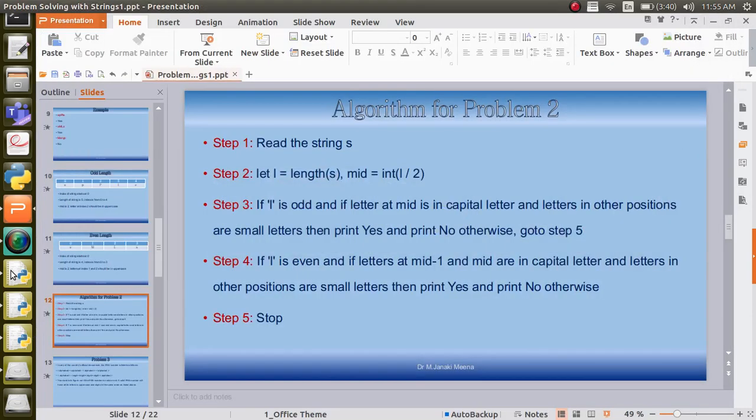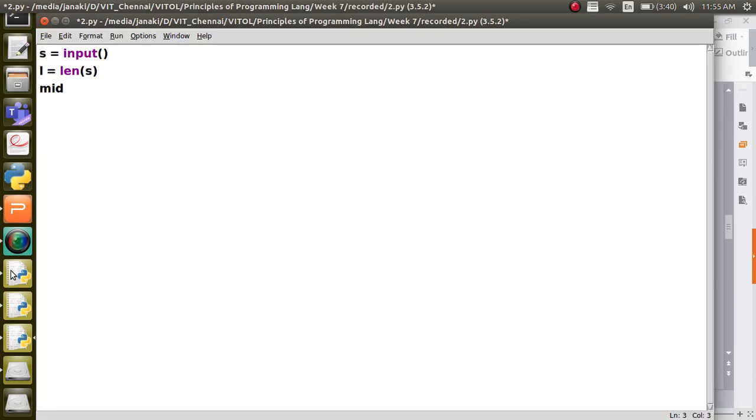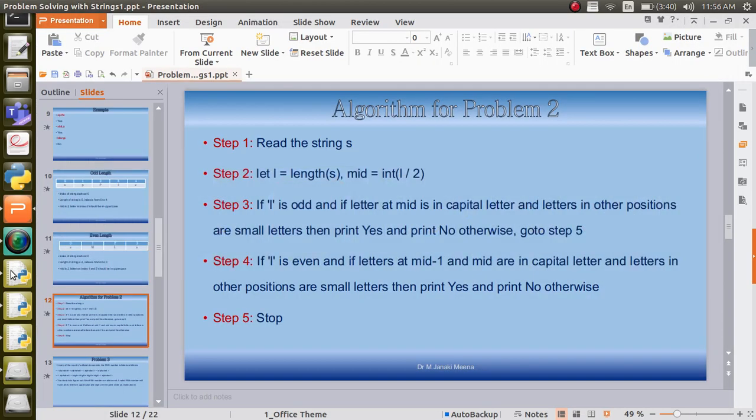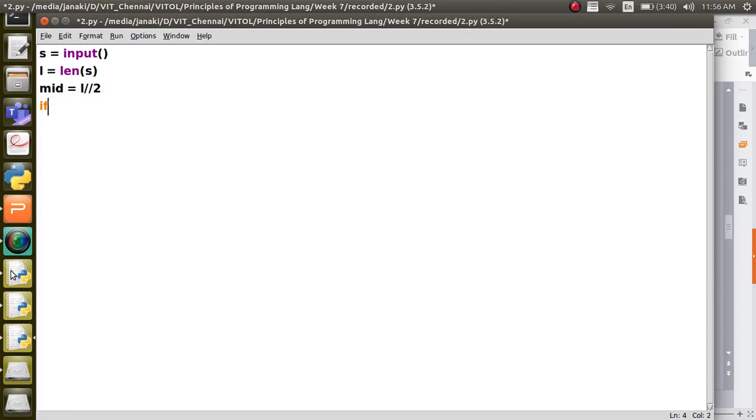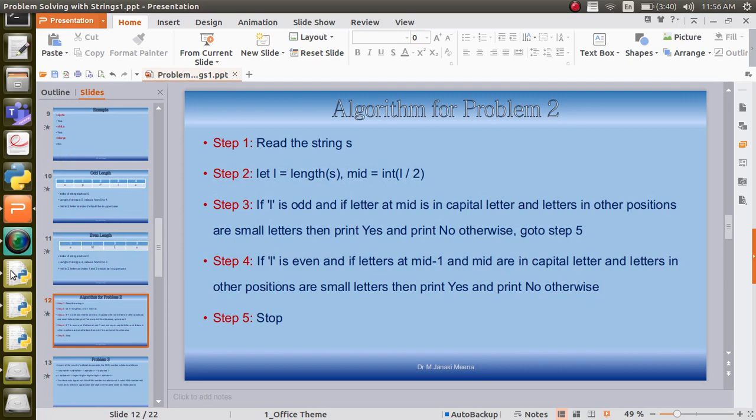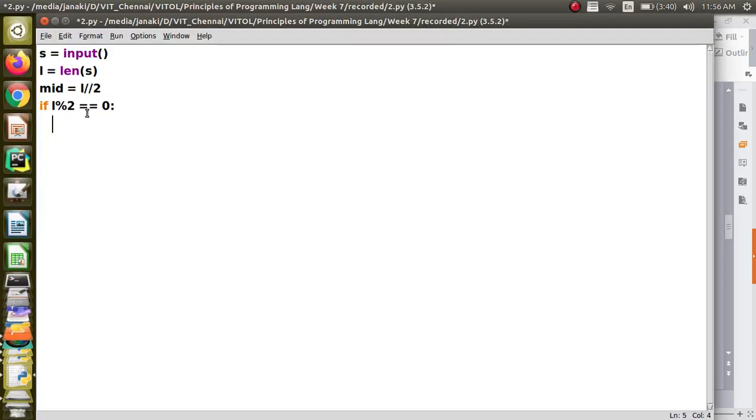Length we should find like this in Python, and mid is going to be integer division of L by 2, right? And now we are going to find out whether it is odd or even, right? So if L mod 2 equal to 0, if it is even, I will come to that condition. Not equal to 0 means it's going to be odd, right?